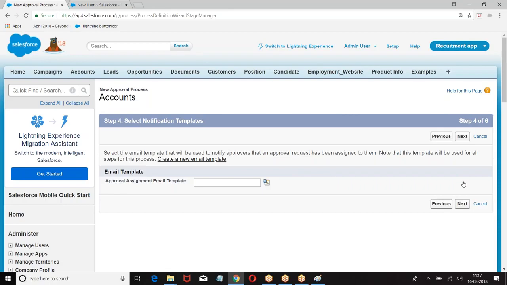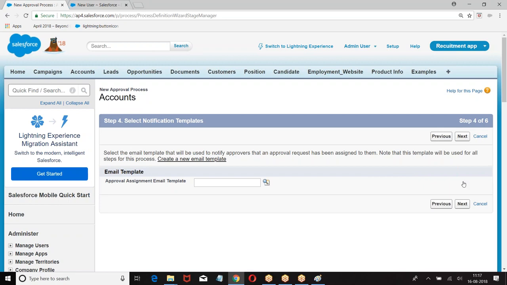Now you submitted a file to me to approve or reject it. But you have to tell me that you submitted a file. Otherwise, I don't know that you submitted it to me. Then how do you notify? There are two choices. One is send an email to him or post a message in the chatter. Not your Facebook chat or WhatsApp. In Salesforce, there is a chatter. In the Salesforce chatter, a message will be posted: Boss, record is submitted to you for approval.